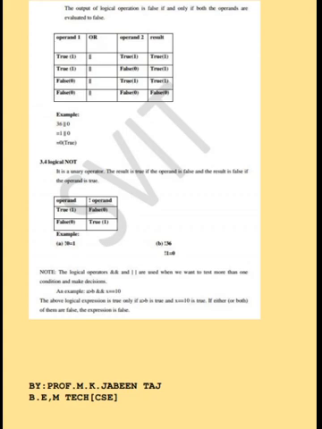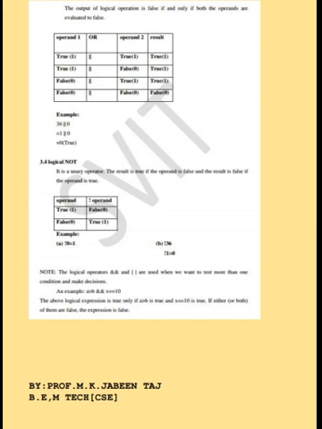A is equal to 10, RHS is constant. A is equal to B, RHS is variable. A is equal to B plus C, RHS is an expression. So, the right side can be a constant, variable or expression. The symbol is equal to is assignment operator. The expression on the right side of the assignment is evaluated and the result is converted into type of variable on the left hand side of assignment operator. The converted data is copied into the variable which is present on the left hand side, LHS, of the assignment operator. Example, int A is equal to 100, int B is equal to A.